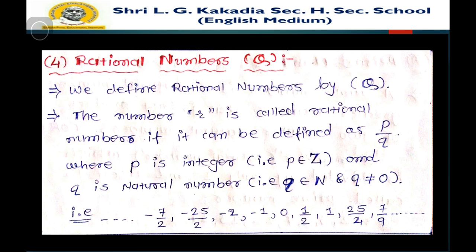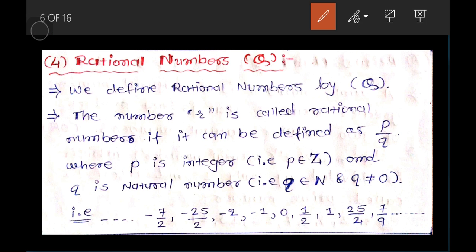Next definition, rational numbers. How can we say that the given number is a rational number? We denote rational numbers by capital Q. The number R is any number, like 2, 4, 5, 6, 7, 1 by 2, etc. The number R is called a rational number if we can write R in the form